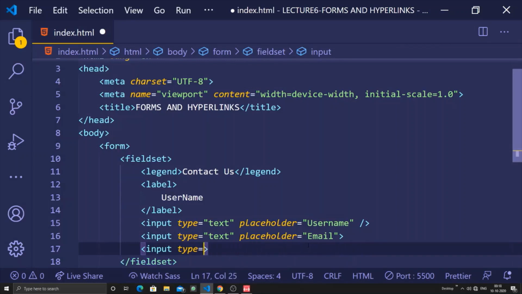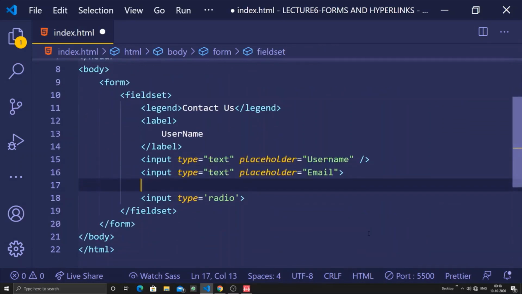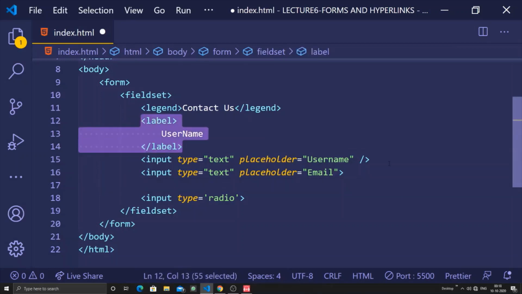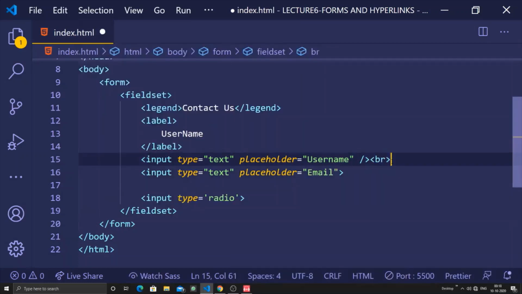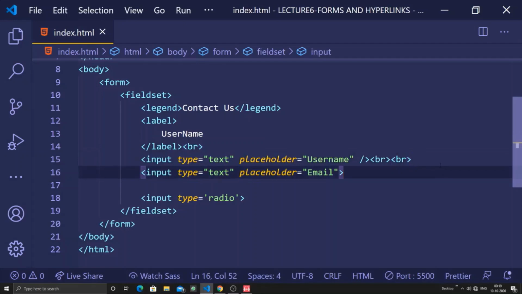No, not password, because I have talked about that. So now let's get a type of input. I can give it radio over here, and I guess you are familiar with radio buttons. Radio buttons are generally used for selection of any one input. You can select multiple inputs by using radio buttons if you have not grouped them. But if you want to select one radio button at a time, let me just copy this out first. So that's my BR tag over here, one BR tag, and after this I can just add my